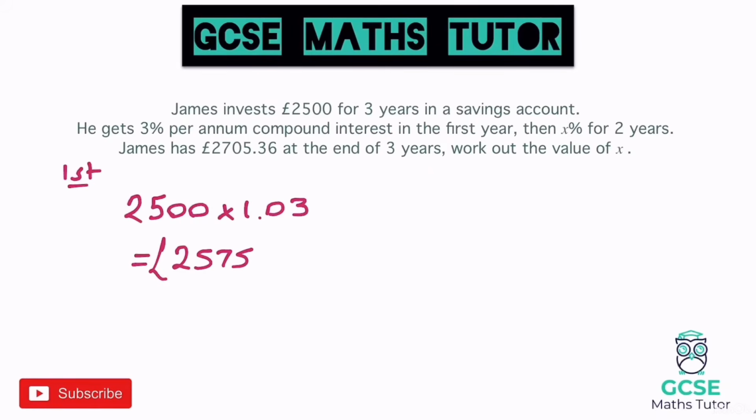£2,575. Now we've got a bit of a reverse compound interest scenario, and we're going to have to create a little formula for this, because in the second and third year he gets X%. Now his starting number now is 2,575. Now if we knew the percentage, we'd multiply it by that percentage, which we'll call x in this scenario because we don't know what it is, and we'd do that to the power of 2 as it's 2 years. And what it's saying in the question is that gives us the answer